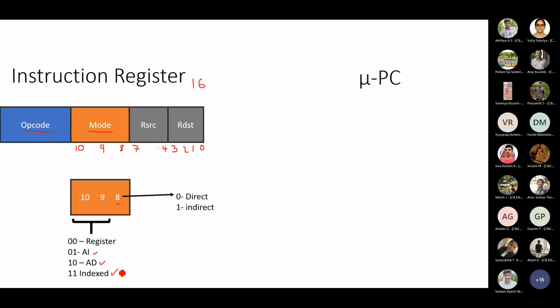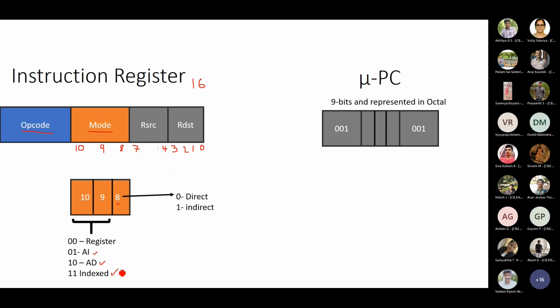Yes, ma'am. Okay, now looking at the micro program counter. In this particular example for the computer that you're going to design, we have a 9-bit micro program counter. Since it's 9 bits, it can be easily represented in octal. I hope you already remember that a group of 3 bits will be grouped together and represented using an octal digit starting from 000 to 111. So altogether 8 possible combinations will be there, which can be represented from 0 to 7. Okay, so this is how this MuPC is grouped.